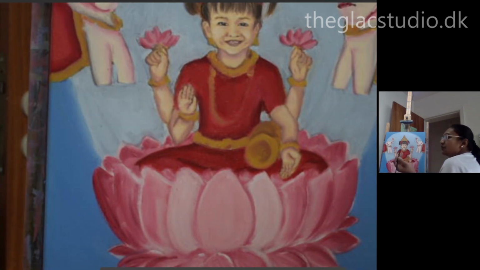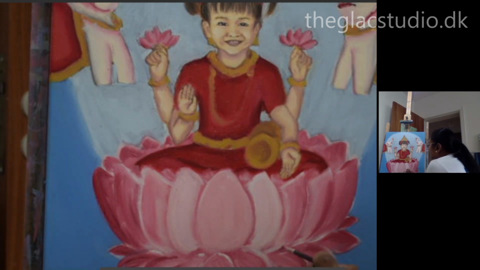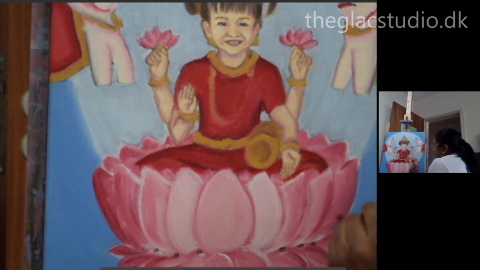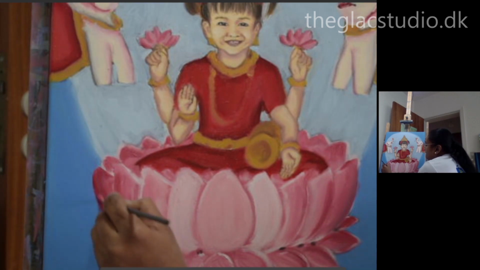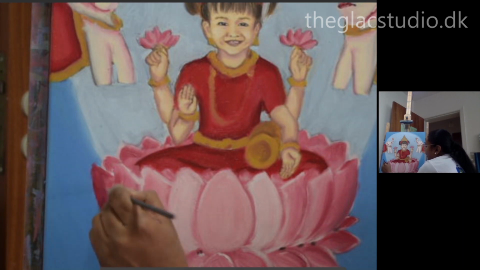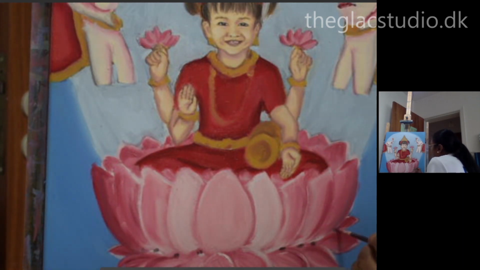So I'm just taking a bit of black in the tip of my brush. I have brush number 0, and I'm just going to go in this area where the contours are and leave it like that. Leave the dots there, and then I'll quickly start blending them in. So I am taking the black and blending it in on the side of this beautiful petal there, darkening it up boldly, and using that black, maybe taking it a little further and dropping it there to